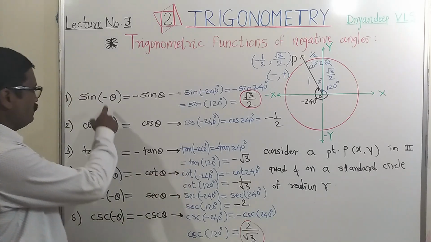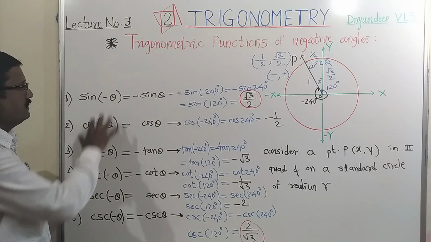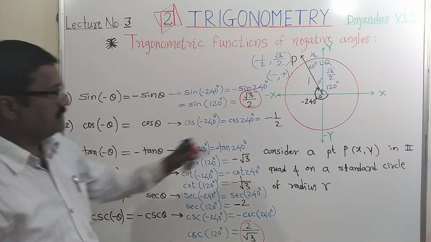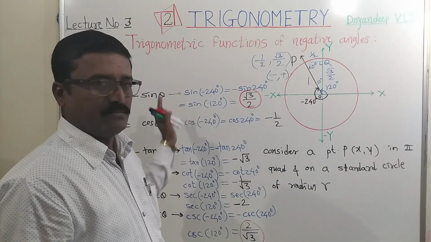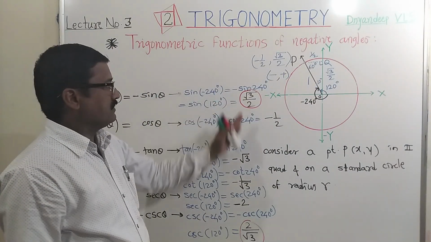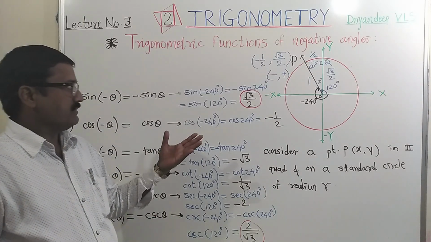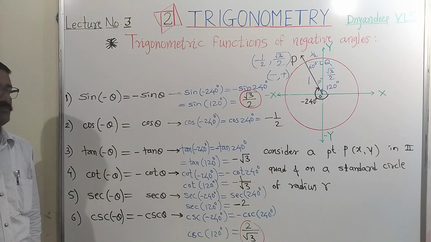Actually, in this example we have used these formulas here: negative to positive. What are the trigonometric functions of negative angles? But actually, whenever the question is asked, you can follow this method, and using only the opposite side, hypotenuse or other side, you can write the values also. So remember the previous method and these important trigonometric functions of negative angles.